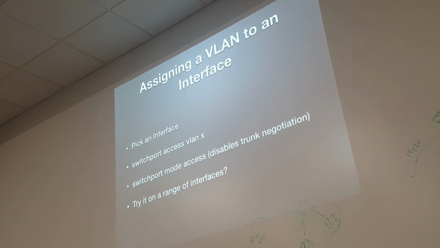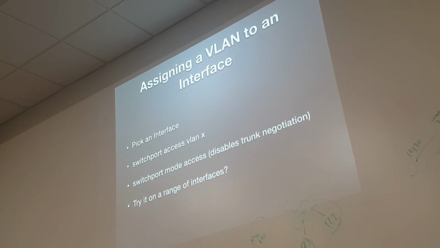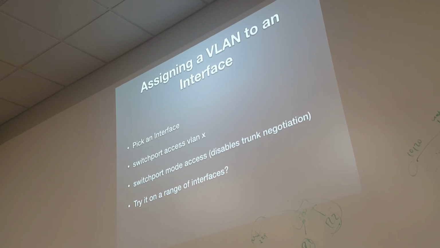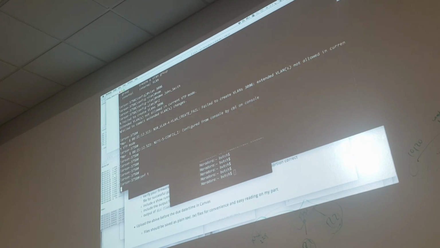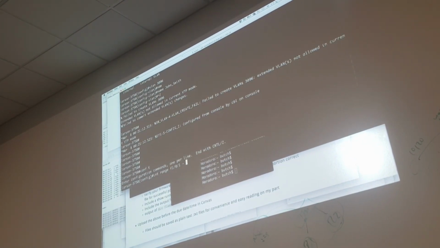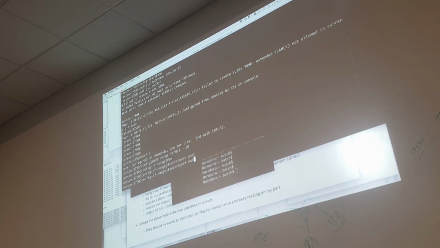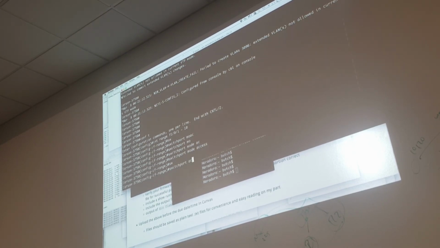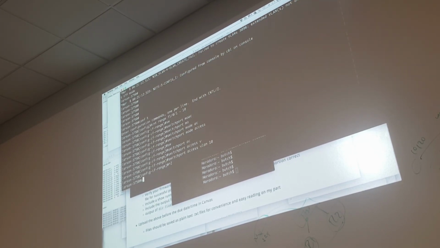We can do that on a range of interfaces with the interface range command. Apply switchport mode access on all of them, and then switchport access vlan 10 on all of them. Let's try that. Interface range through 10. Switchport mode access, switchport access vlan 10. Now if I go look at those,